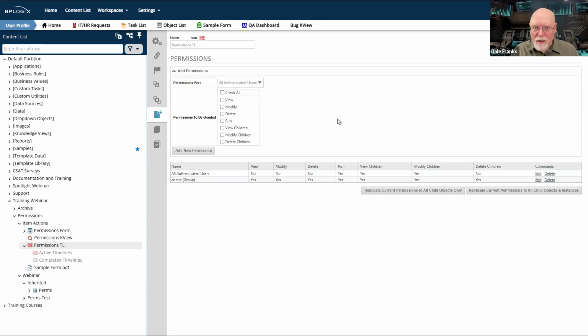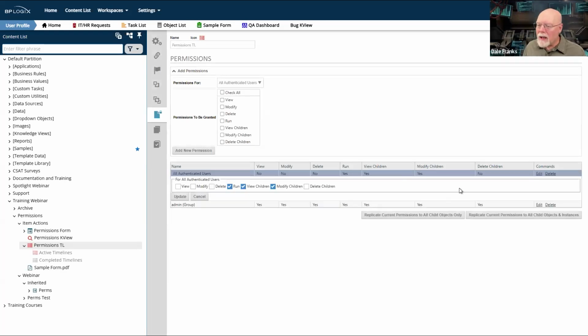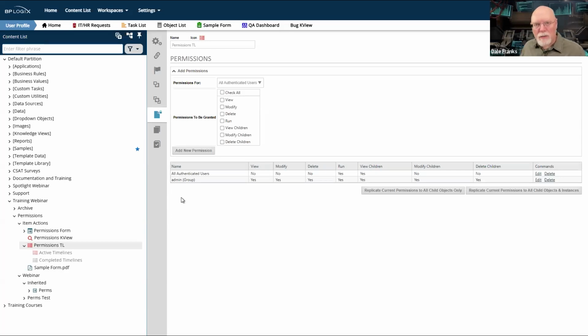When setting permissions, the biggest groups should have the smallest permissions. So all authenticated users should really be able to do nothing more than run and view children. That should be it. That's the whole scope. As you narrow the users down to smaller and smaller groups, the general rule is you can give those smaller groups more expansive permissions. Just remember, if I'm a member of more than one group, I am going to get the most expansive permissions of whatever the most liberal permissions are for whatever groups I'm in.